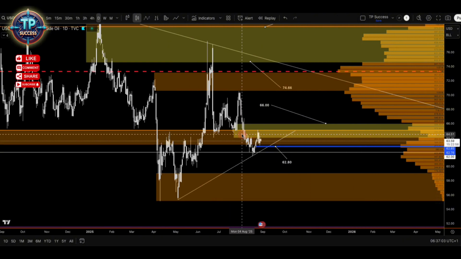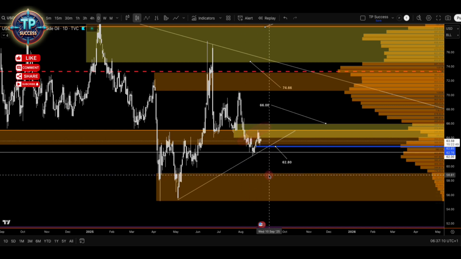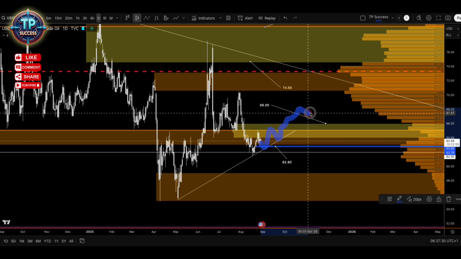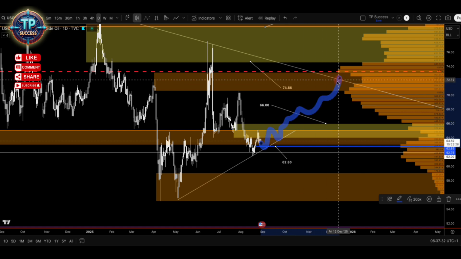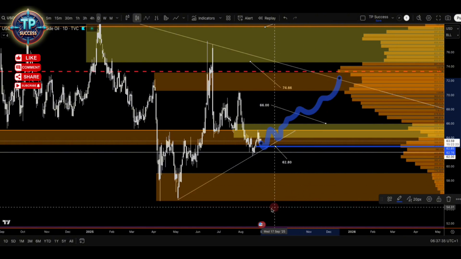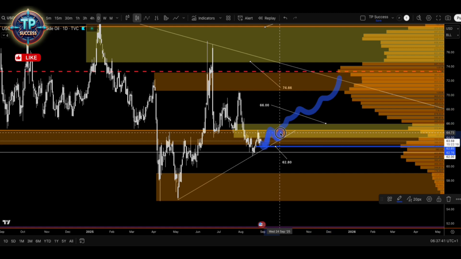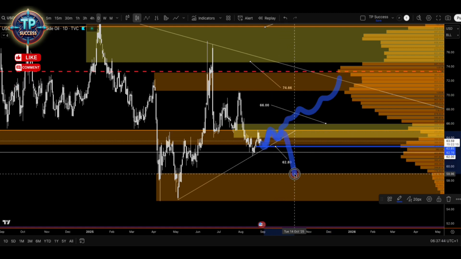Looking at the structure that we may be getting forming right now, there is a possibility that price would do something like this. I think the highlighter that I'm using isn't really okay. Let's use this. Price could do something like this. It could just do something like this, and it may break above and then continue to the upside. That's just one vibe. The other is it keeps doing what it's doing, but then breaks back down again, and then maybe comes